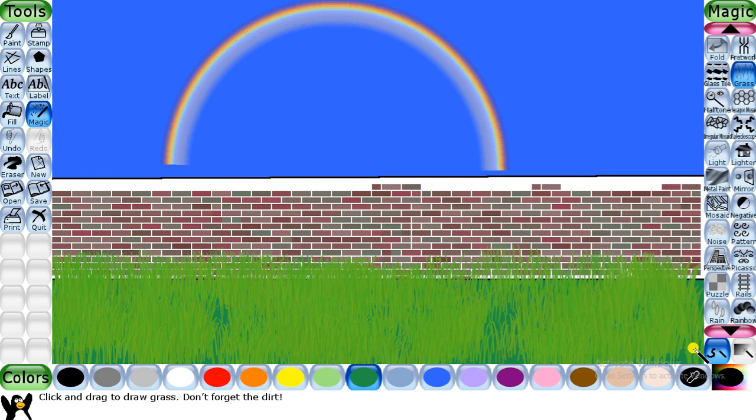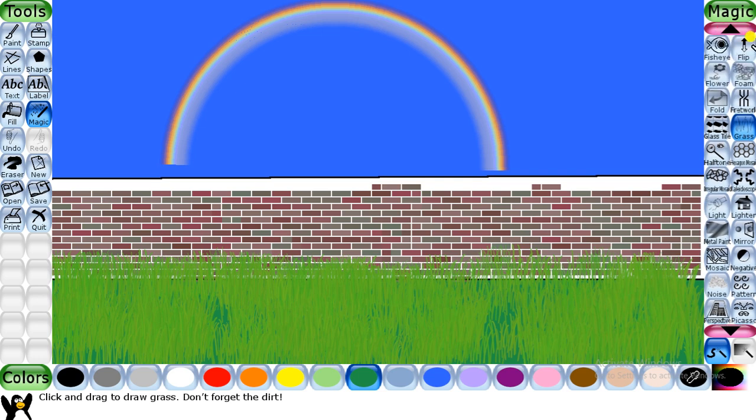The next sub-tool we will see is the flower magic tool. This adds beautiful flowers to your drawing using the flower effect. To use the flower effect, you have to search for the flower effect option in the option box. So you have to drag the arrow from here, and you can see there is a flower effect present over here.